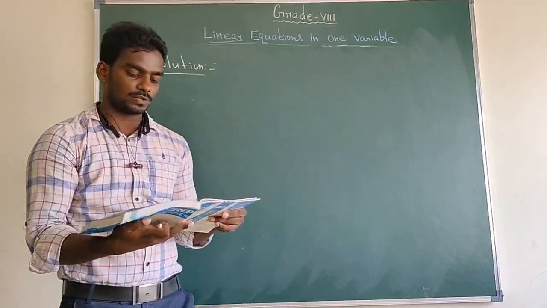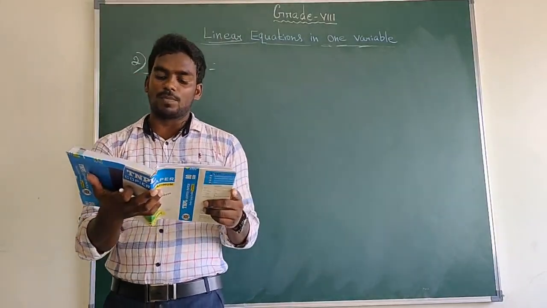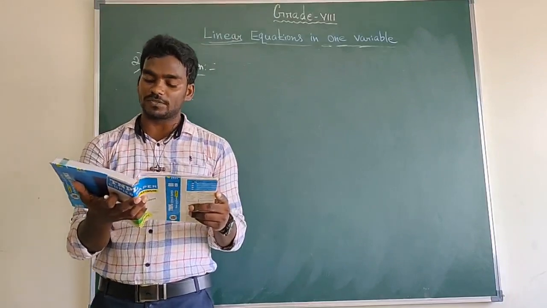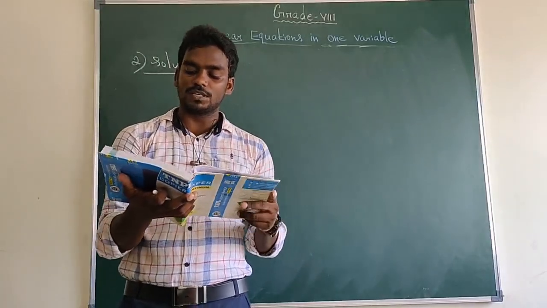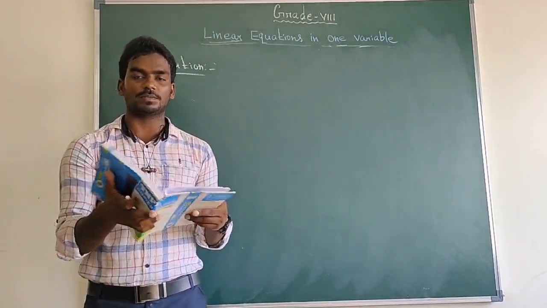See what is our second question. See in your exercise 2.4 second question. A positive number is 5 times another number. A positive number is 5 times another number if 21 is added to both the numbers. So first we consider the positive number is 5 times another number means